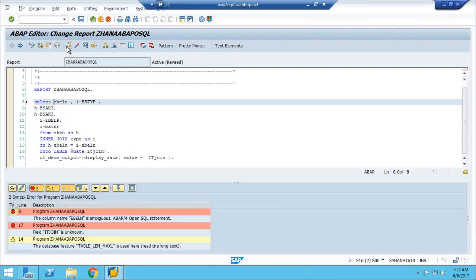See, if I take EVLN, the system doesn't know which EVLN it has to take, so that's why it is asking which EVLN.